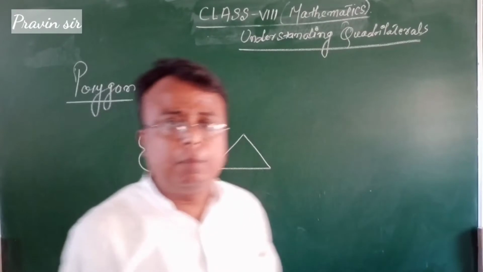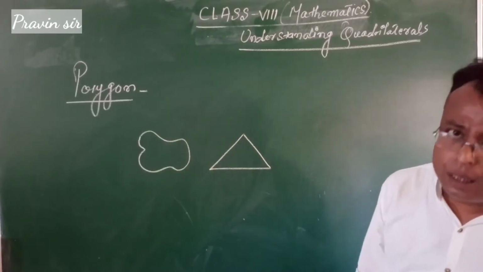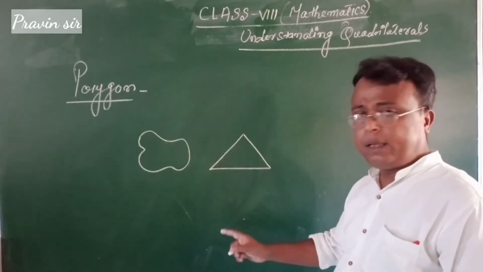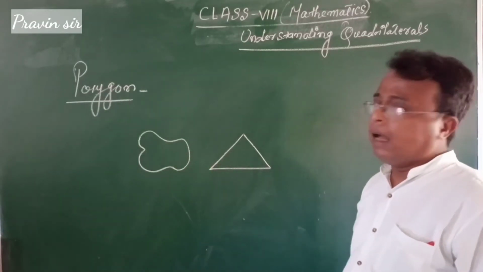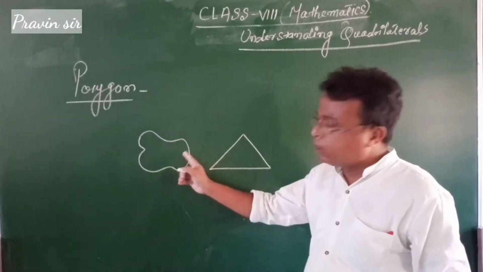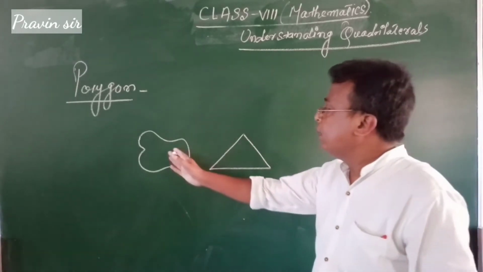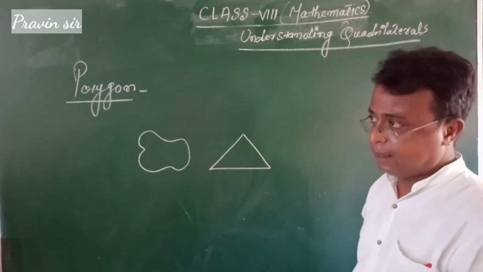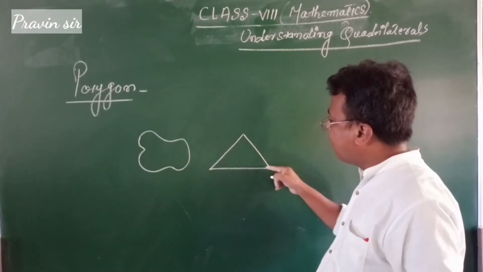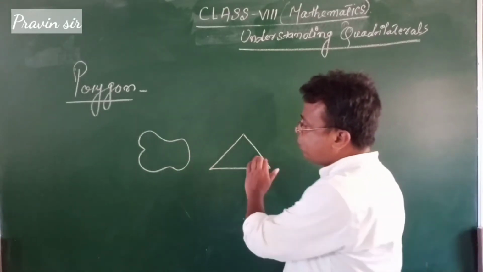First of all, you tell me whether these two figures are curves or not. Yes, these are curves. And what type of curve are these two? They both are closed curves. Now, you tell me what differences you have observed between these two closed curves. It is also a curve, it is also a curve, both are closed curves. But what differences are you observing in these two curves? Yes, the difference is, this closed curve is made up of line segments, but this closed curve is not made up of line segments. Are you getting what the difference is between these two closed curves?